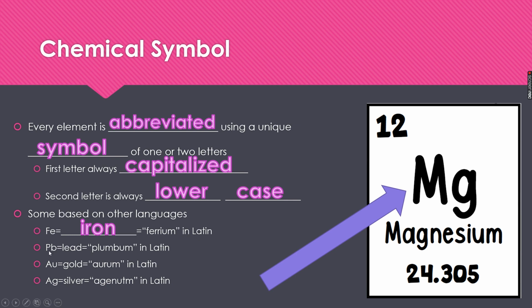Pb, this one is one of my favorites. Pb is the chemical symbol for lead. Where does that come from? Well, it comes from Latin, and the Latin word for lead is plumbum. Now, where does that come from? Have you ever heard of plumbing? People used to use lead pipes for plumbing. So plumbum, lead, Pb. Au is the chemical symbol for gold,